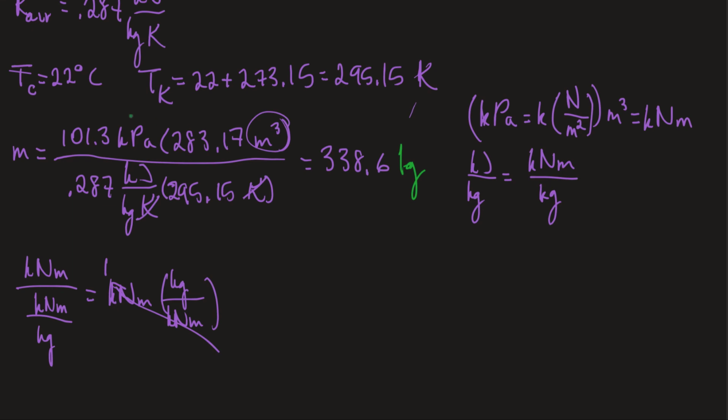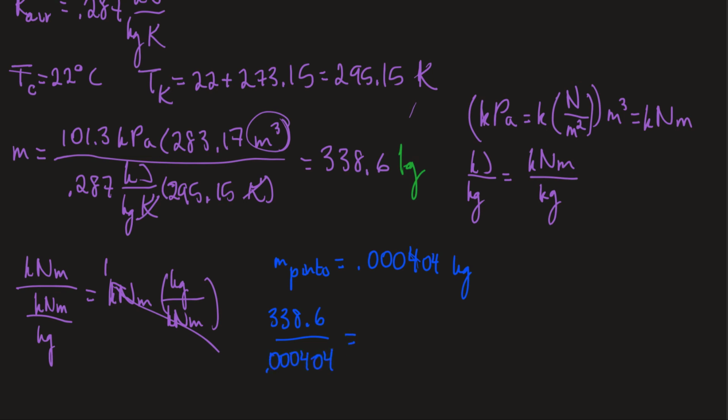And for those of you that are interested, I went ahead and looked at the mass of a pinto bean. So this mass is 0.000404 kilograms. And to determine how many pinto beans represent the mass of the air in a standard classroom, we'll go ahead and divide our mass of air by the mass of a pinto bean